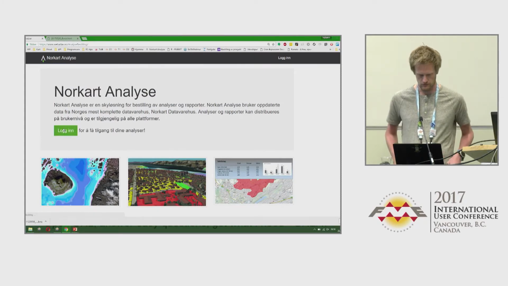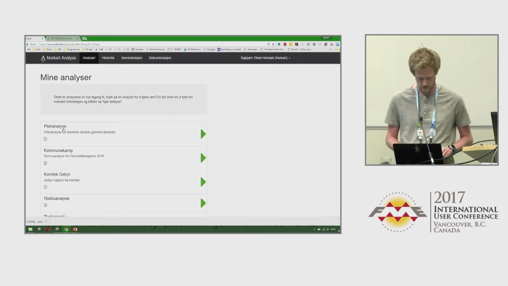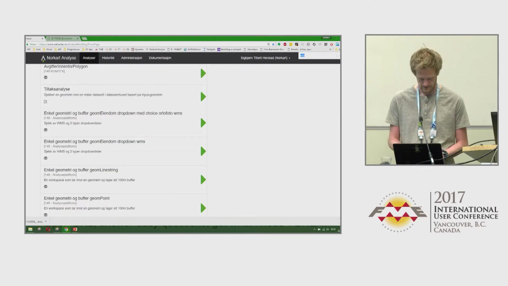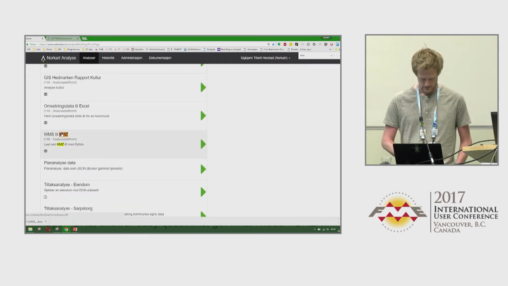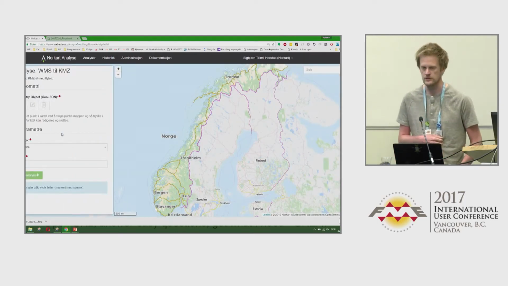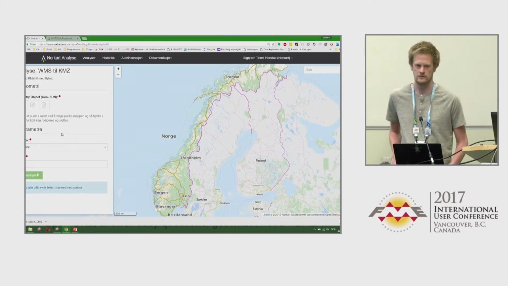So how do you use this? Well, you log in with your regular Microsoft account. You get a list of all the workspaces or services that are available. They can be on different FME Clouds, a local FME Server, or whatever. What this workspace does is just connect to a WMS server, and it saves the rasters as a KMZ file,